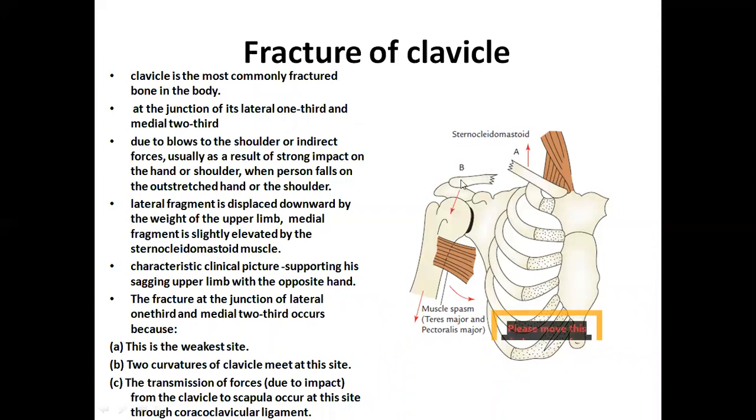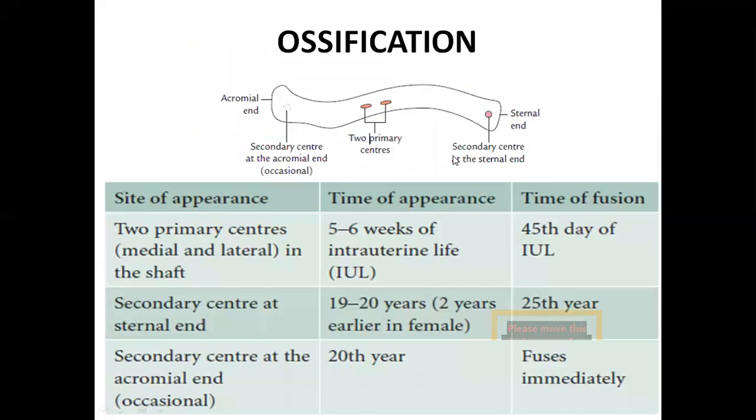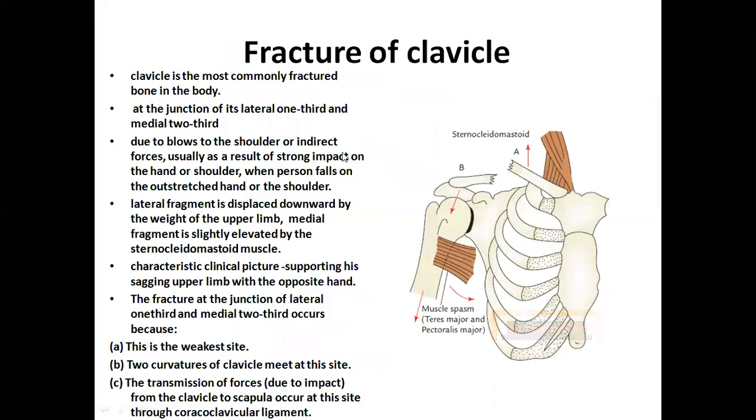Now coming to fracture of clavicle. Just now you have seen the curvature of the clavicle is abruptly changing. This is the medial 2/3 and this is the lateral 1/3. Medial 2/3, I told you, is convex anteriorly, lateral 1/3 is concave anteriorly. That means there is an abrupt change in the curvature of the bone. That's the reason when a person is falling on an outstretched hand, there may be a fracture at the junction of medial 2/3 and lateral 1/3.